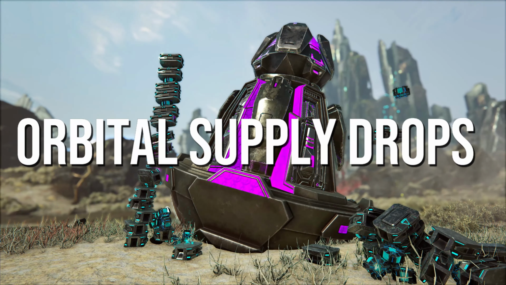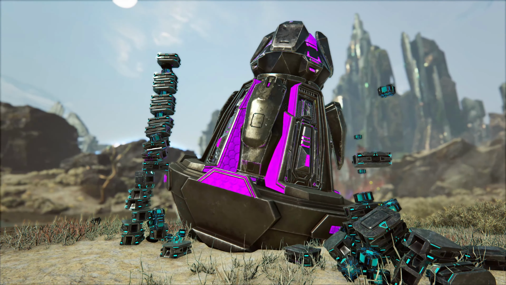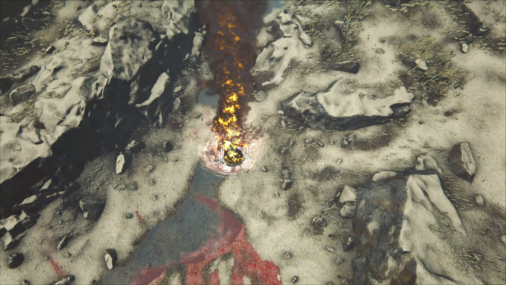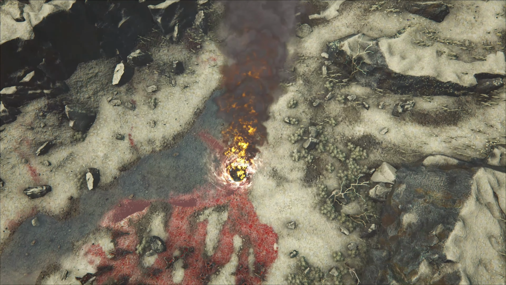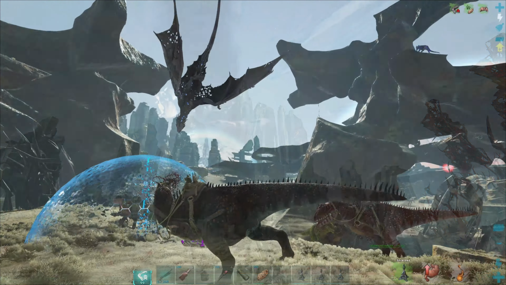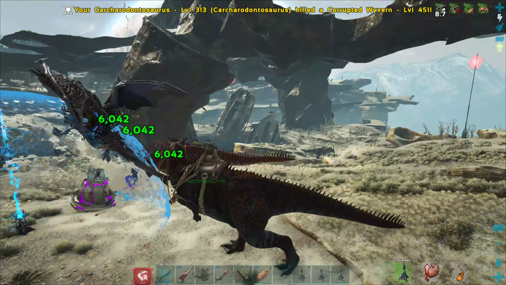Orbital supply drops is the next PvE horde style event that you will encounter. It is also a temporary structure and loot drop that is exclusive to Extinction. Standard supply beacons do not exist and are replaced with OSDs. They will fall down from the sky and can be identified from afar with a blazing trail of smoke. They work very similar to element veins, where to secure the valuable contents of the OSD, the survivor or survivors must fight off waves of